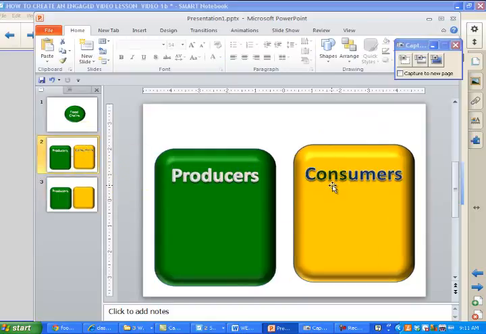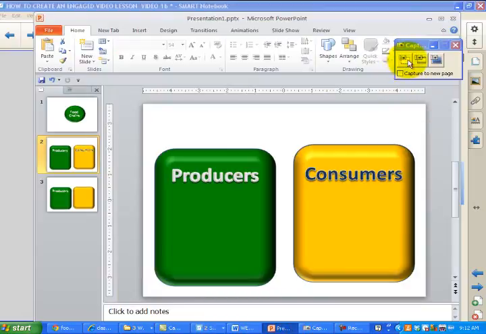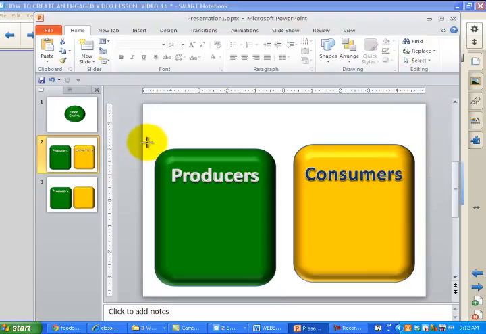Let me show you. Here it is, consumer. Now we have the 2 of those, and then all we need to do, you'll notice that here is our smart notebook. I have my camera, which I received from over here. I don't have this clicked. I go back to my PowerPoint. I'm simply going to click on the camera, highlight this area,